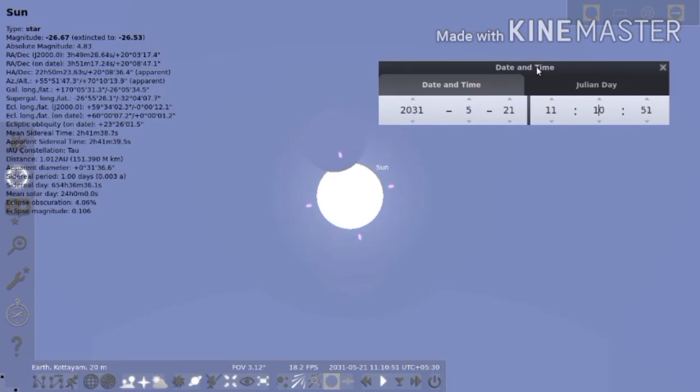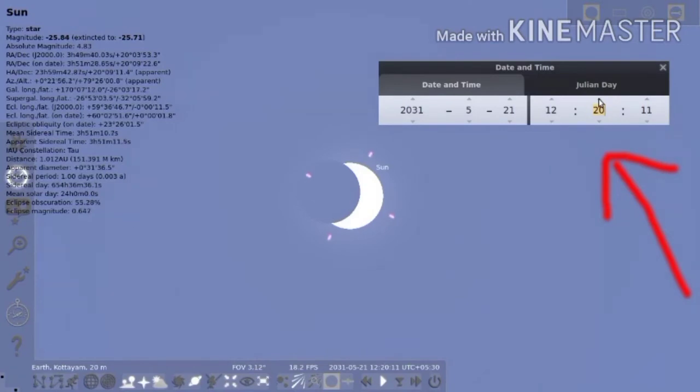Next, the time of the solar eclipse at its maximum, which means the Moon is covering the full portion of the Sun. So adjust the time like this. You can see the Moon is coming to this portion. Like this. So the time turns to 12.